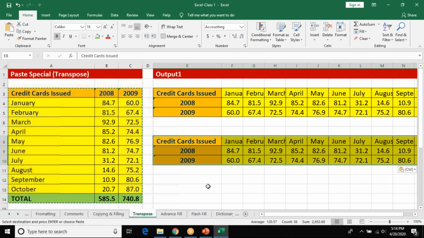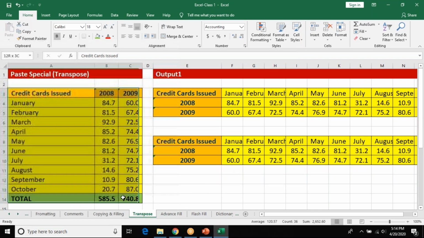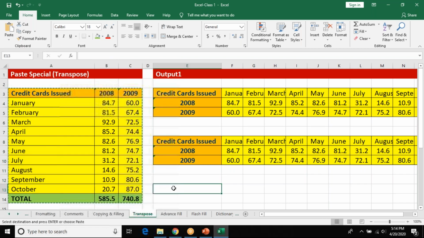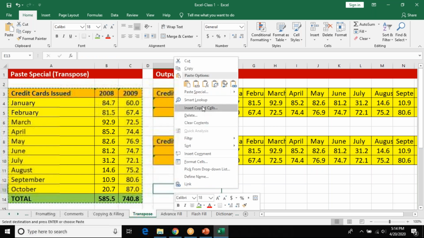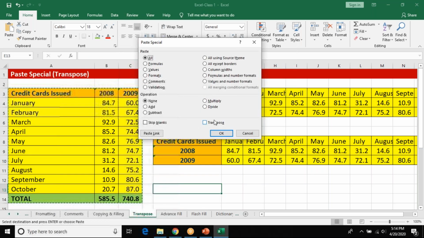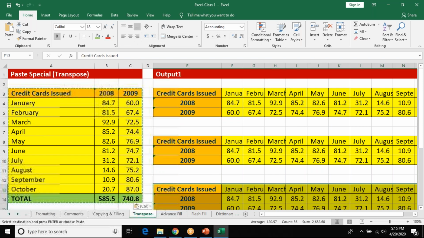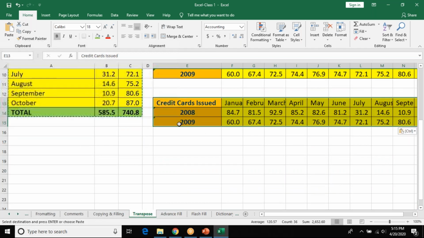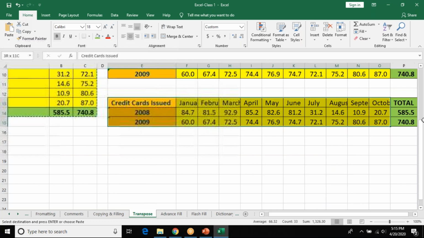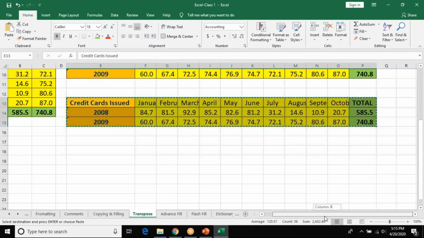You can repeat one more time. Select this entire vertical data, copy it. Do not do Control V, right click, paste special, go for transpose. In one click, your entire vertical data has been converted into horizontal data. Okay.